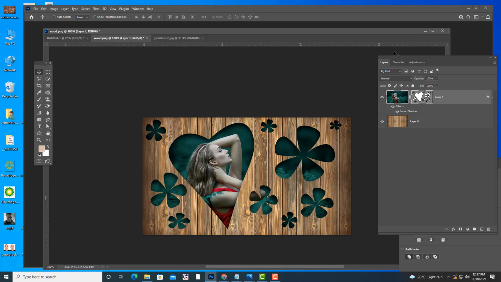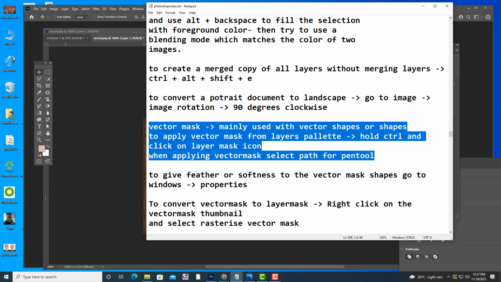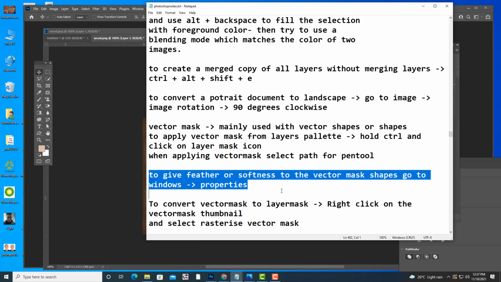Okay, and then to make it more interesting, I will tell you one thing. You just write down this one point here to give feather or softness to the vector mask.